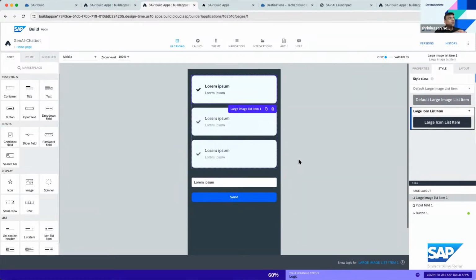And one more thing I want to highlight here is that with the ability to connect to AI, SAP AI, Generative AI Hub, you can create different kinds of applications according to your requirements. You need not always create a chatbot application. You can have small pieces of functionality on your application that require AI, and since you know how to connect to the generative AI hub from Build Apps, you could utilize all these